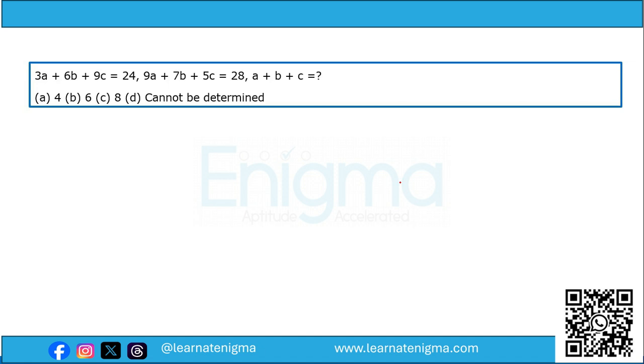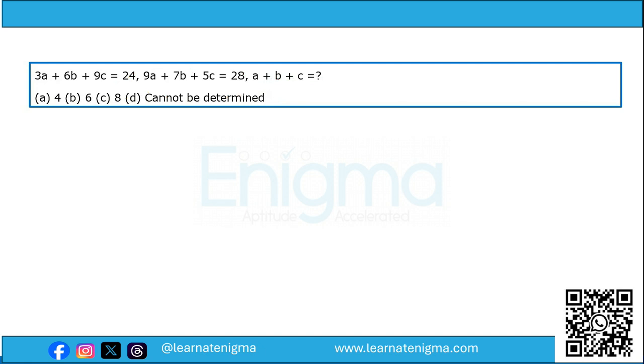3a + 6b + 9c = 24. 9a + 7b + 5c = 28. We have to find the value of a + b + c. Now you can see that there are three variables a, b, c, but we have been given only two